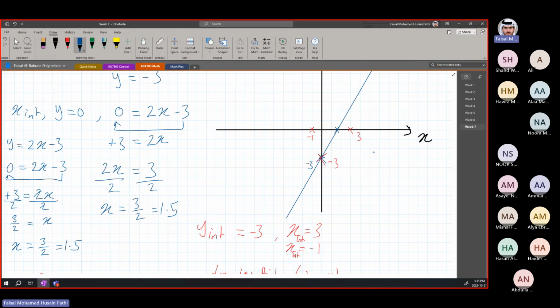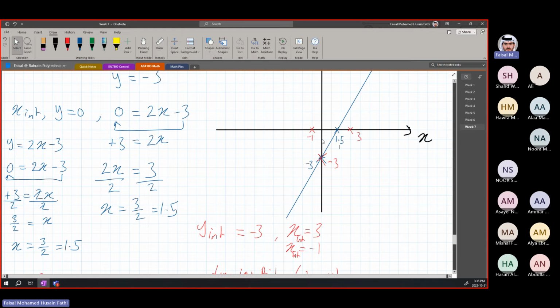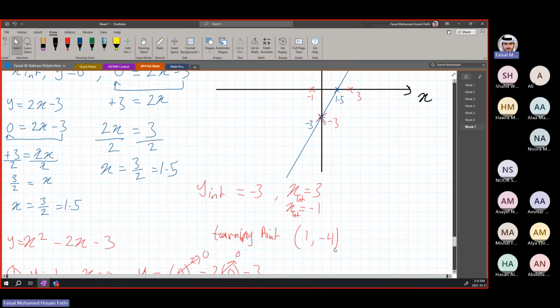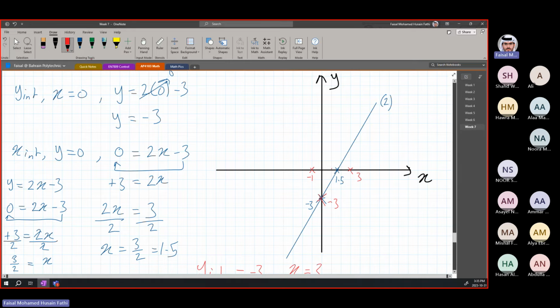Then this is 1.5. But this is the 3. Okay. Now that we have the points, the main points, we have to plot our turning point, which is 1, minus 4. 1,